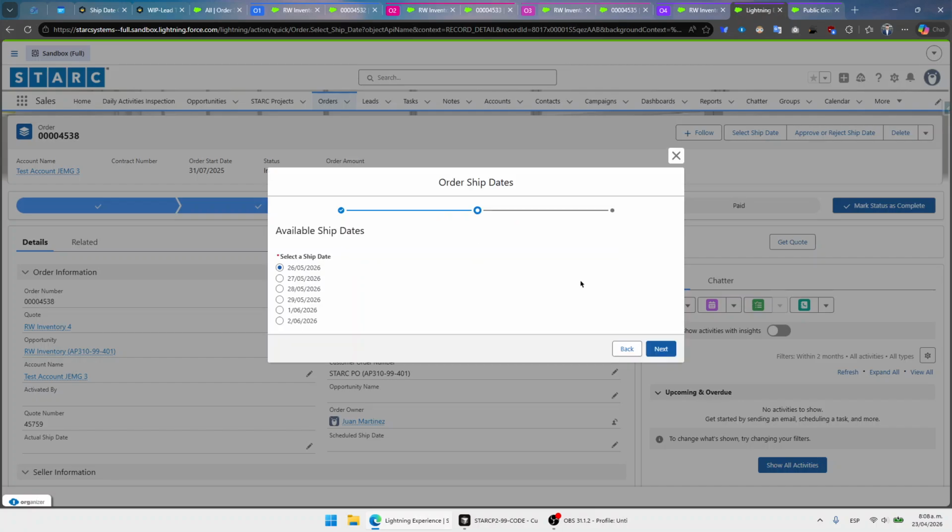And when we click next, it will calculate 6 available ship dates that can be selected, and this would be the most recent ship date that is available to be selected, which is May 26th. And we will explain now why this